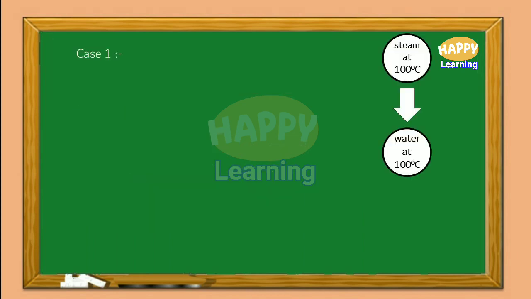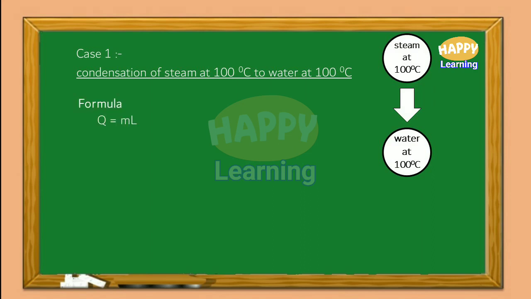Case 1. Steam at 100 degrees Celsius is converted to water at 100 degrees Celsius. Let me write the heading: condensation of steam at 100 degrees Celsius to water at 100 degrees Celsius. Formula Q is equal to mL. Q, as it is case 1,